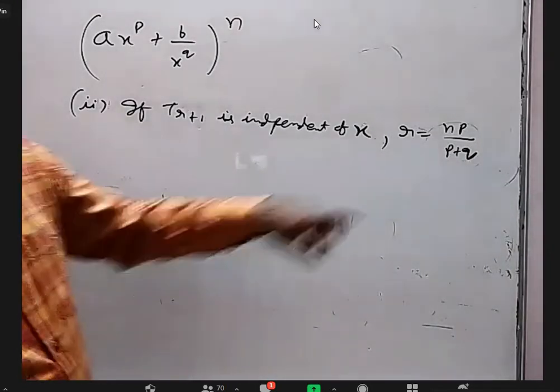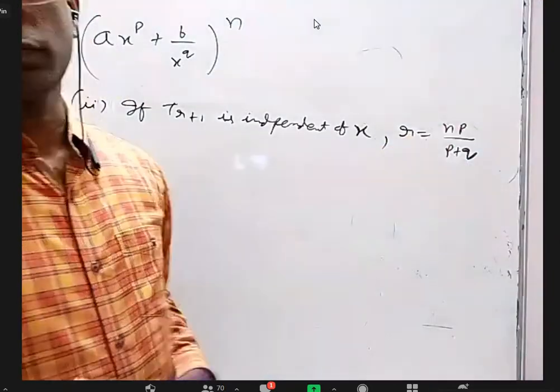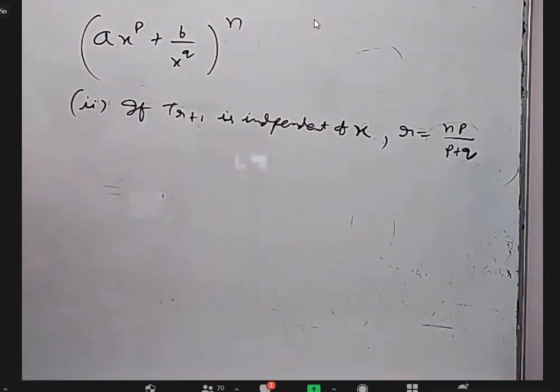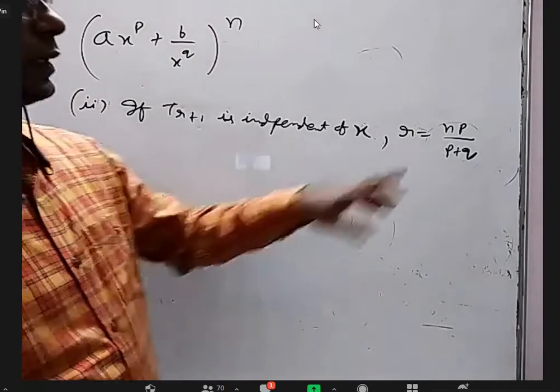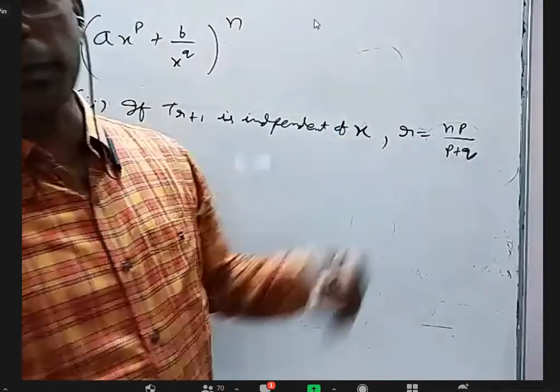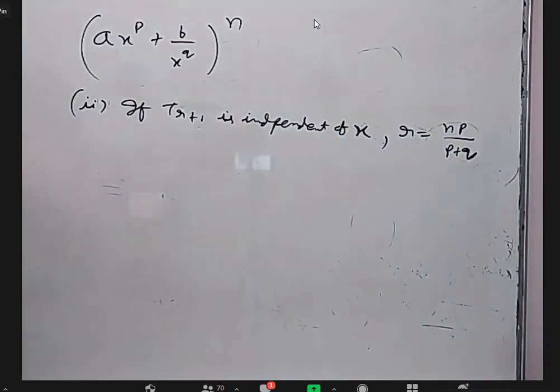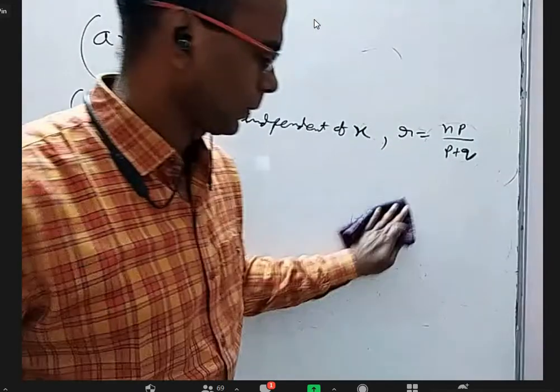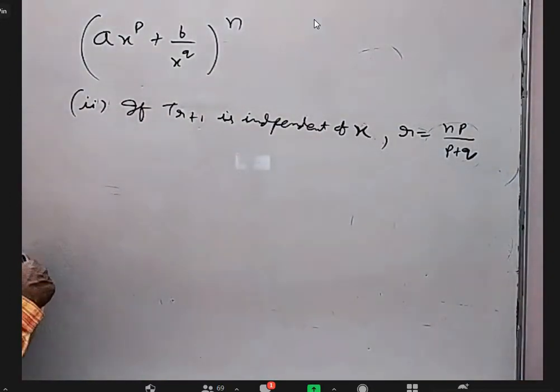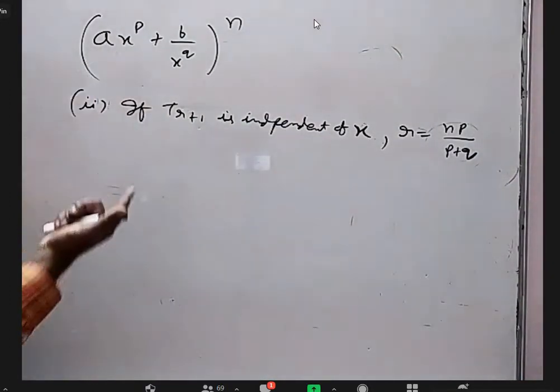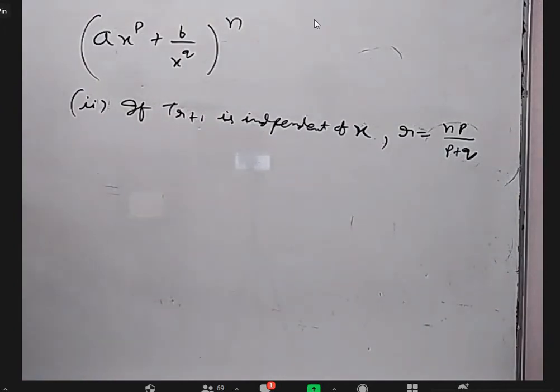Okay, what if this np/(p+q) becomes a fraction? What does it mean? There is no constant term, there is no such term. Similarly, in the previous case also, if (np - m)/(p+q) doesn't come as an integer or natural number, that means x^m doesn't exist in that expansion. The answer will be 0. That's all. Other things I can tell through the questions rather than telling here as theory or notes.